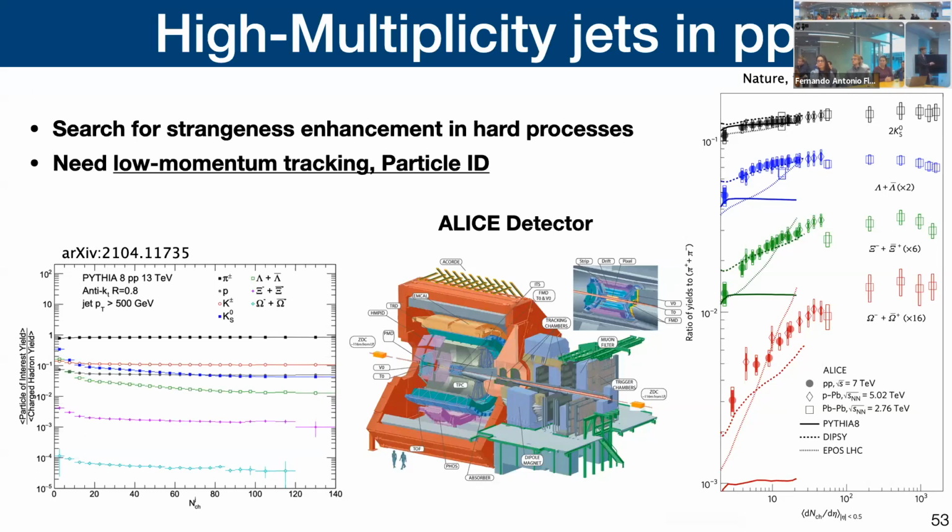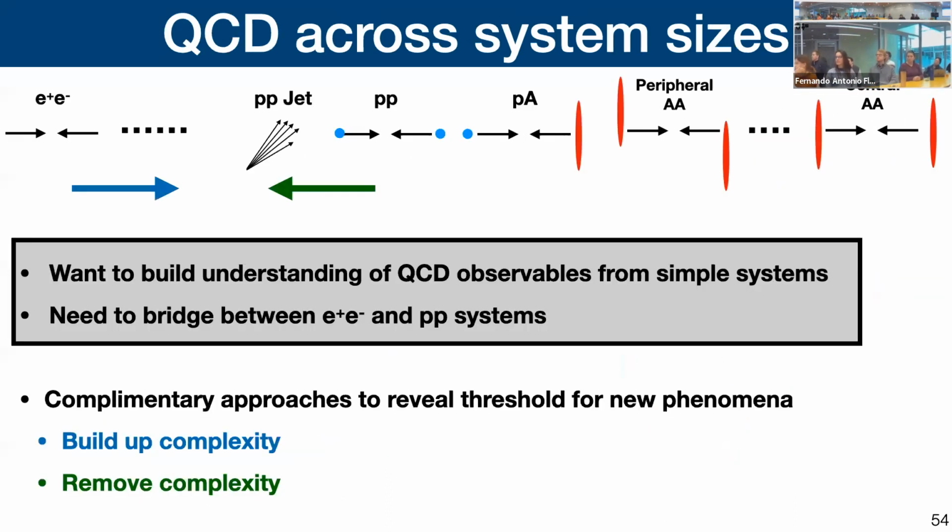Because that tells us about the origin of this, right? If we don't see it in jets, that means that our understanding of hard QCD is fairly good, and this might be some kind of softer stuff. Whereas if we see it in jets, then that's something that we haven't predicted before. We should try first. So that's the idea. I think this is a very exciting opportunity. So that's an example of how we can remove complexity: basically, take proton-proton collisions and look at an individual part inside of them.